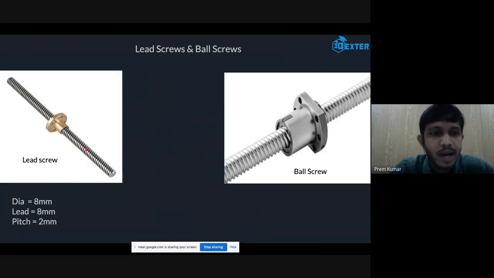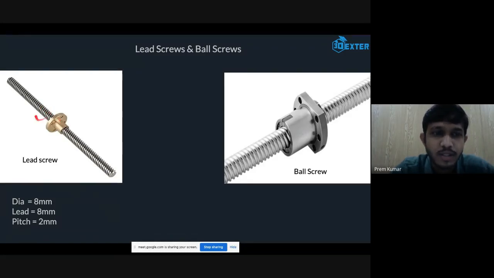And these lead screws have one more specification, that is lead. Lead means how much length. Over this lead screw we have a nut. If we turn this lead screw 360 degrees and the nut moves 8 mm, it means it has an 8 mm lead.